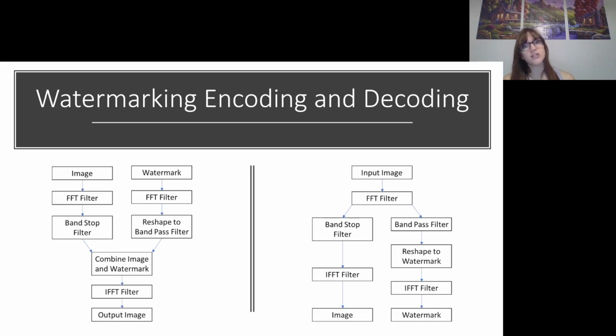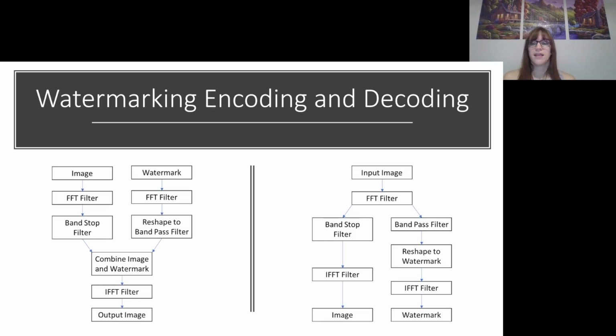So instead, I passed it through a much smaller fast Fourier transform so that a smaller image was output, and that could be reshaped into the bandpass filter. And then that would be combined with the original image that had passed through the band stop filter. Those two would both be converted back into the regular domain and output as the image, which could be sent over email, wherever. And then on the receiving side of that email, you could pass that image back through the